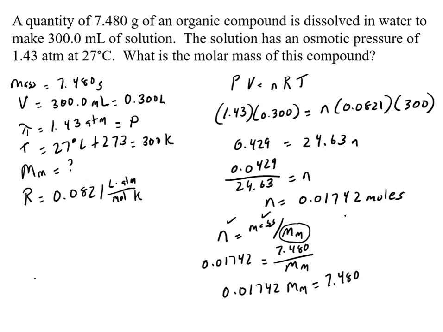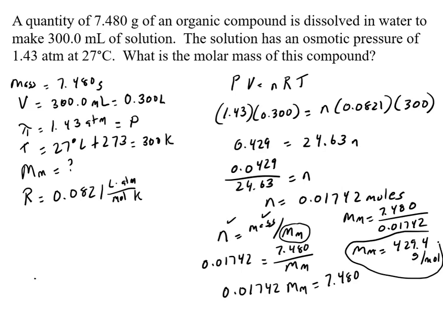Okay, and then molar mass is going to be 7.480 divided by 0.01742. And so my molar mass is the same answer as I got before, 429.4, and the units are grams per mole. Okay, and so that's how you can do that problem. That's the only example I have. We'll work more in